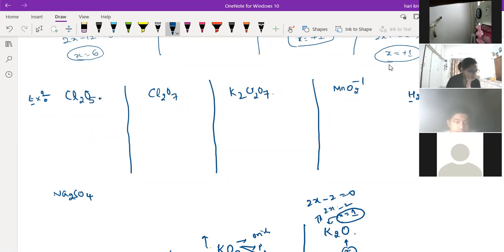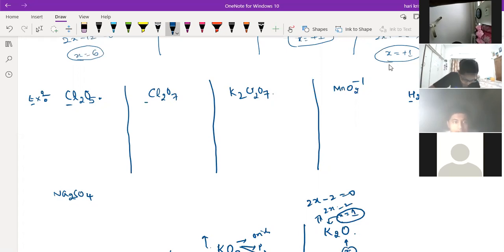So for this one, should we take oxygen as 2/5 for calculation? Generally 2/5 we will take, but we won't find it for the oxygen here. We'll find only for the chlorine. Yes, sir. So for the chlorine, we should use 2/5, right? For oxygen value? No, no, no. For oxygen we will use -2 only. If nothing is given, always use -2 only. If the name oxide, peroxide or superoxide is not given in the problem, you have to use -2 for oxygen. If they specifically use the peroxide name, we can use -1. For superoxide, they will use -1/2. If nothing is given about peroxide or superoxide, we have to use only -2 for the oxygen.